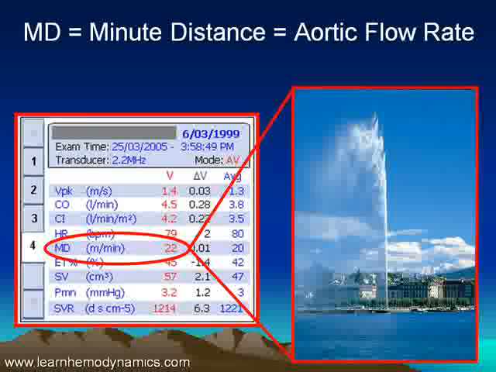Above 22, the circulation is hyperdynamic. Below 14, the circulation is hypodynamic. 14 to 22, the circulation is normodynamic. Very quick, very easy, and it's the very first thing I ever look at when examining a USCOM data set. So think minute distance, dynamism. Stroke volume